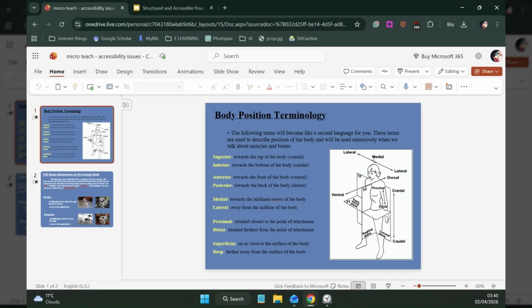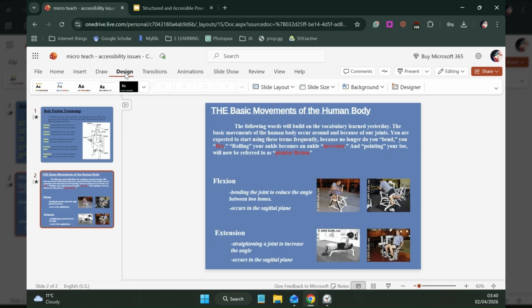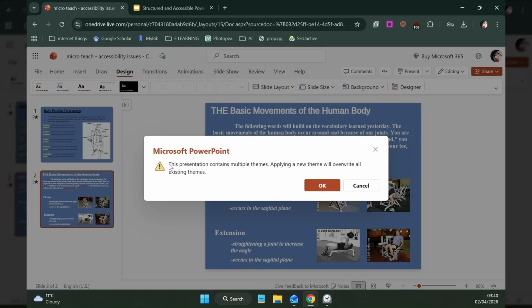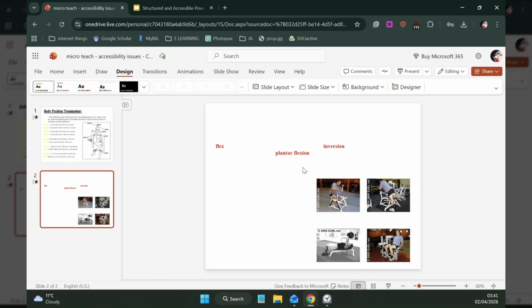Here is a typical example. Content is copied from different sources using different text boxes and shapes rather than proper slide layouts. Because of this, themes don't apply consistently and the accessibility structure is often lost. So if I try to apply a theme, it will give me a warning and the theme colors won't apply